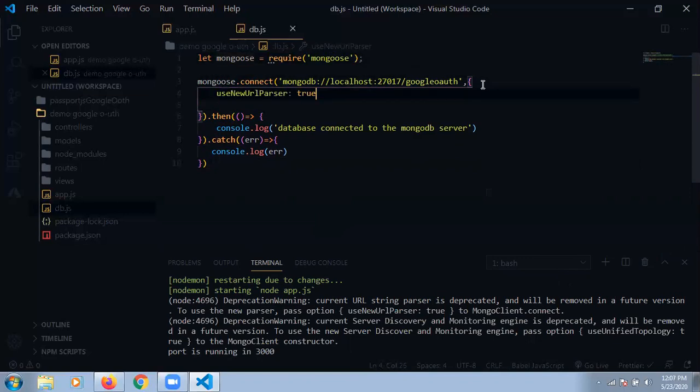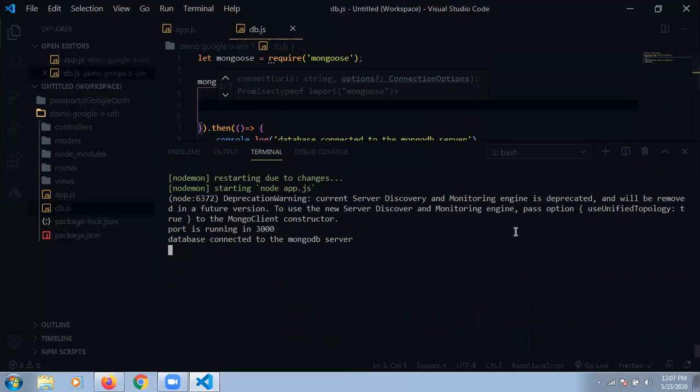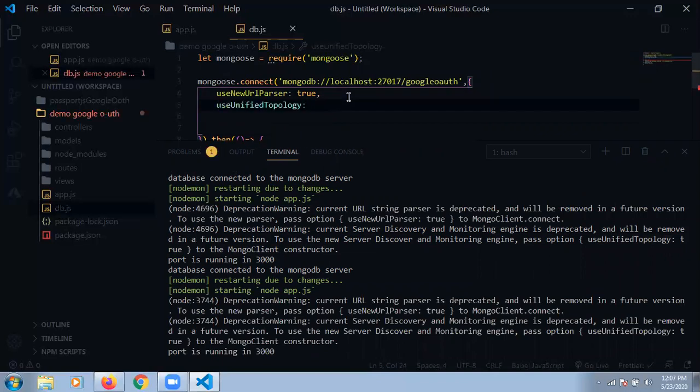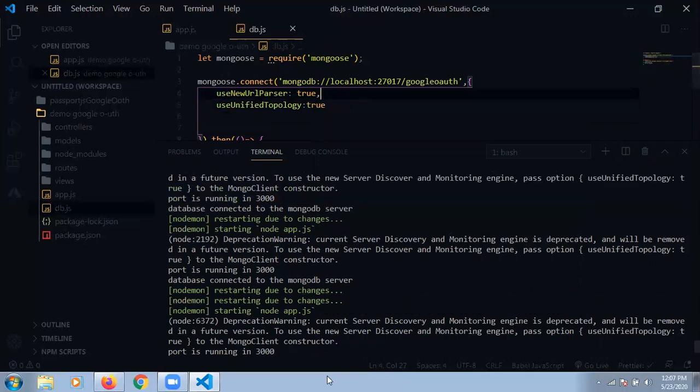These are the warnings. You can see some warning is gone. Now this warning, with another warning, I'm passing this one in the second object here, and this is also set to true. Okay. Now you can see there is no warning in the connection.